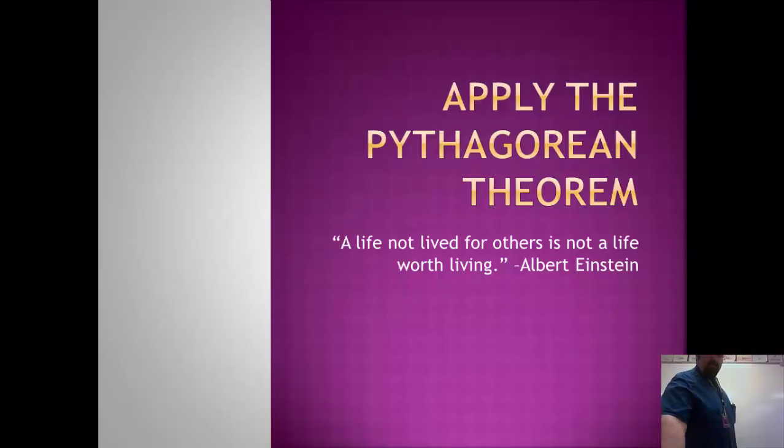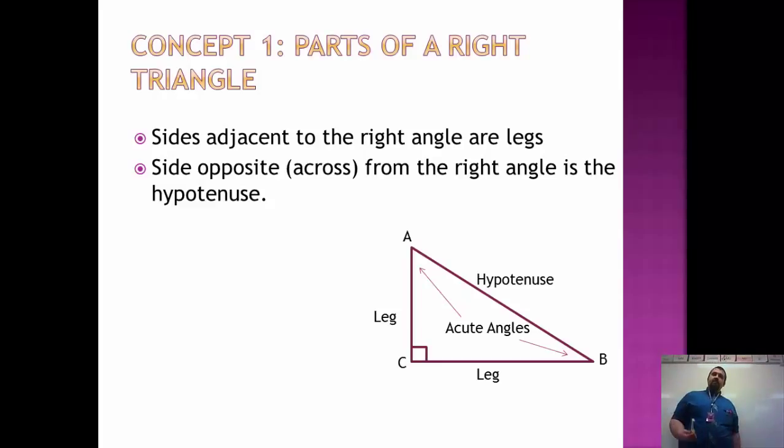The Pythagorean Theorem is when we deal with right triangles. So we have to remember all the parts of a right triangle. The right triangle has three sides, three angles, just like any triangle. However, the two sides that make up the right angle of the right triangle will be called the legs. The side that is across from the right angle is called the hypotenuse, and the other two angles in the